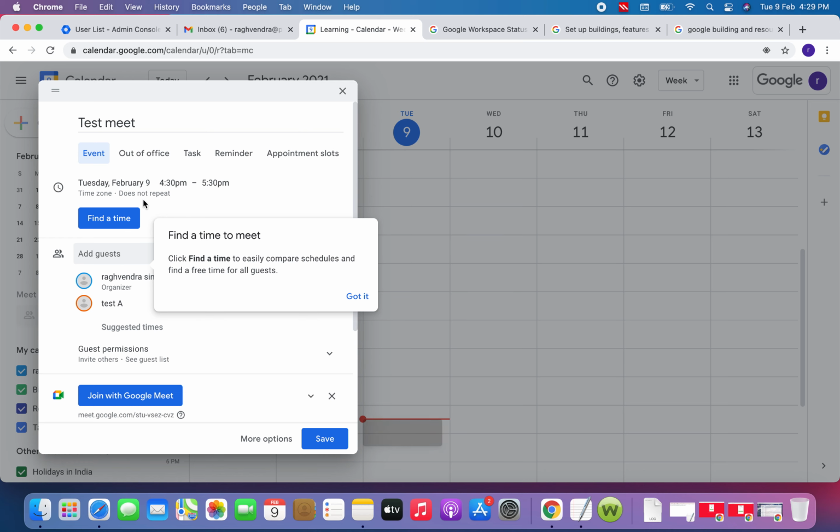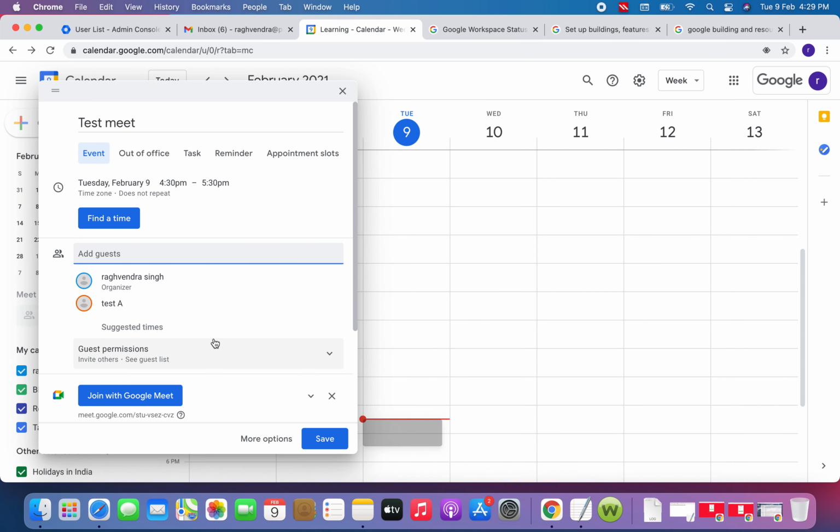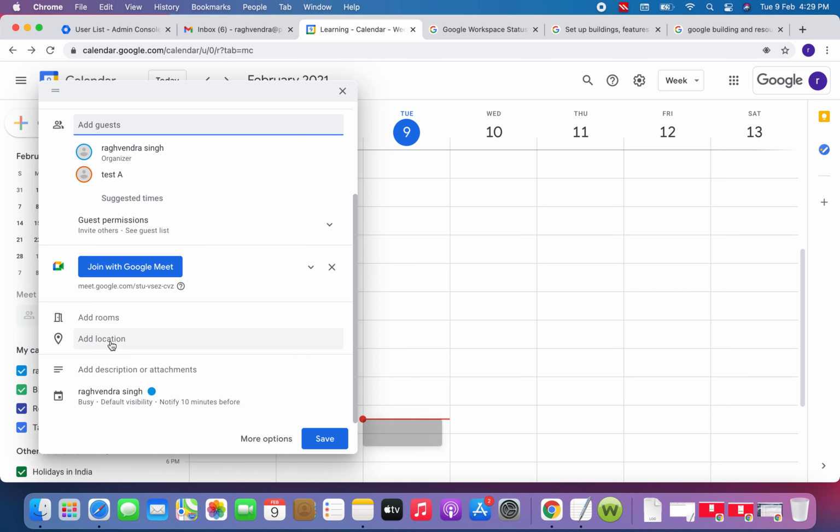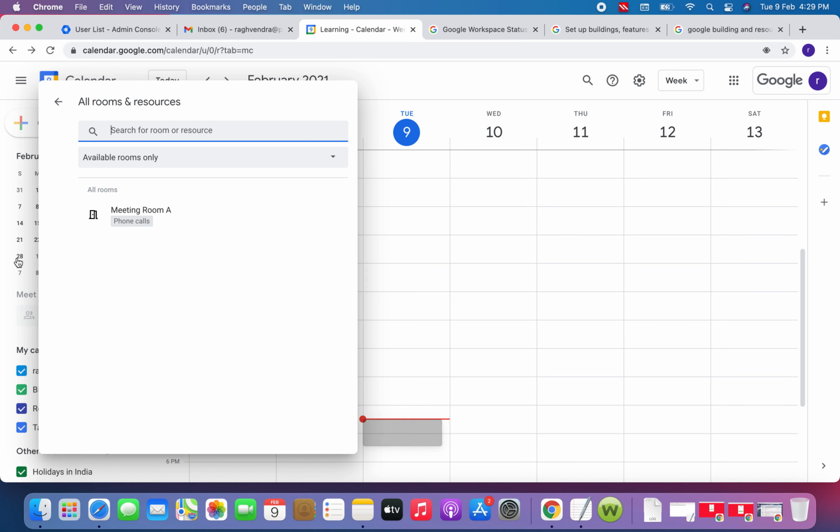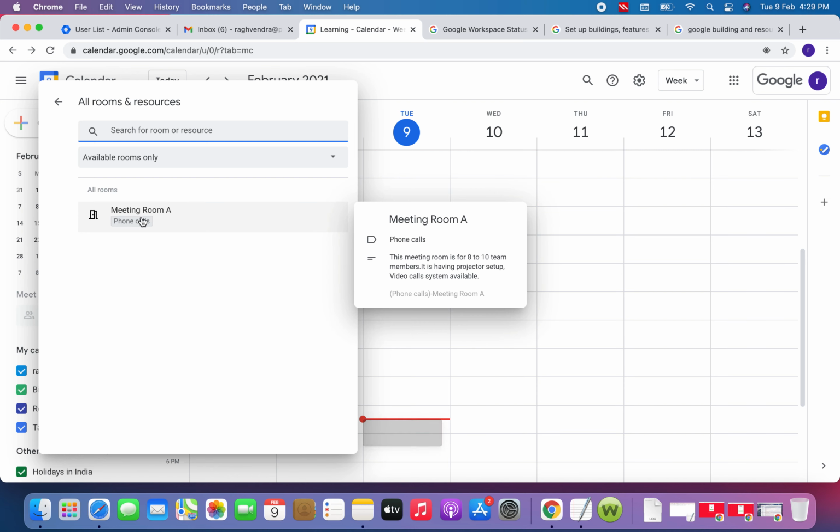I have given the details about the guest. Then here you can add the rooms which you have created. You can see the list. This one I recently added through the portal, meeting room A, phone calls. I'm going to select it.